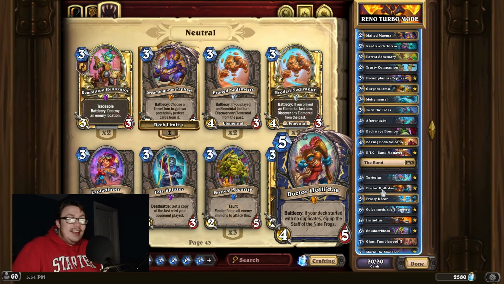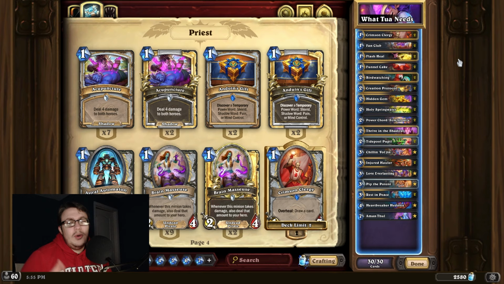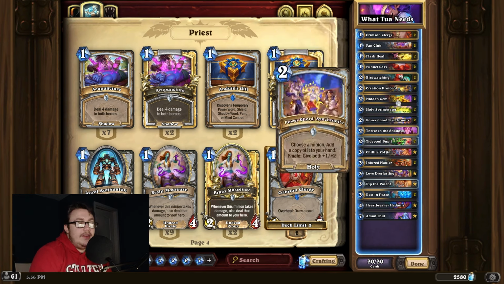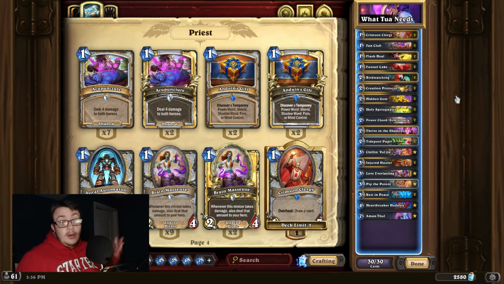And with cards like Zephyrus and everything, it's a whole lot better than it was before Perils in Paradise and the mini set. And then finally, we've got a deck that I highlighted right after the mini set got announced, but it was before it got released. So I don't know if this is actually still as good as it was during Whizbang's Workshop, with the mini set and Perils in Paradise stuff going on. Don't know if it's as good as it was then, but Heal Priest,